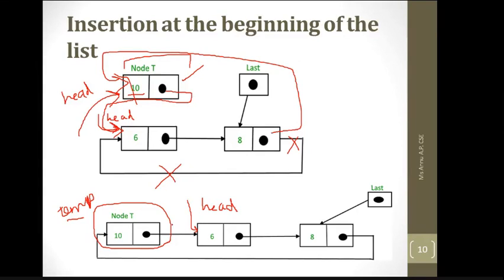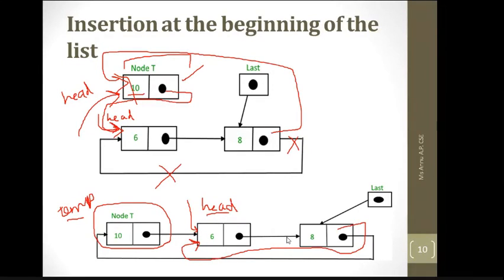Okay, so in this given list, you just have to change 8 next is equal to head next, because the head of the existing list is 10 and you need to delete this head from this position. You just have to assign 8 next as equal to 10 next, and you know the 10 next is equal to 6. Once you have assigned this pointer, you just have to update the head pointer as 10 next or head next.